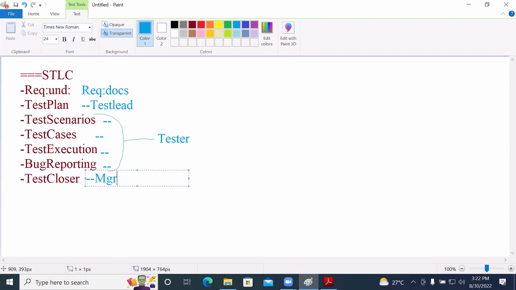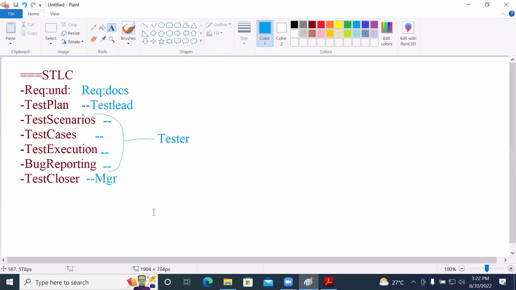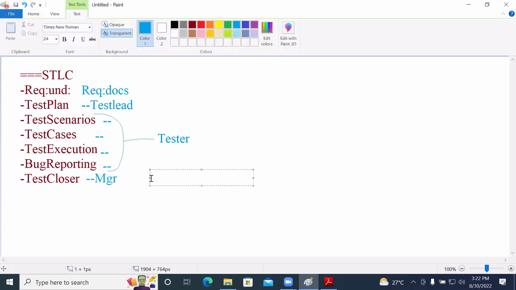As simple as in real time, this test manager needs to take care of collecting information on the total number of test cases that have been created for that particular project.